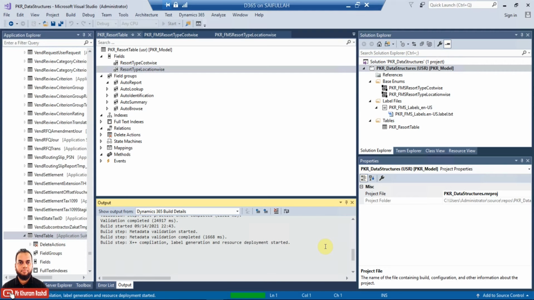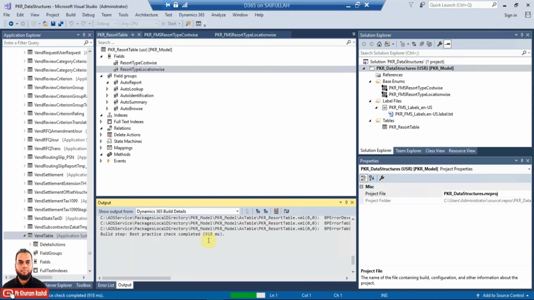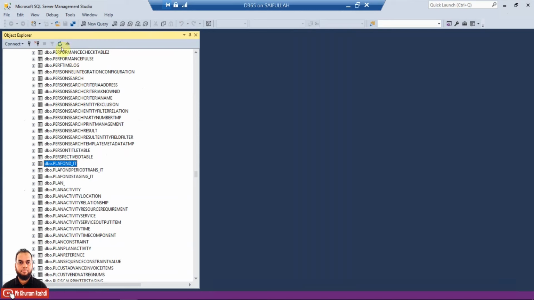It is unnecessary to turn it true when there are no data dictionary changes. Database synchronization started, the message has been displayed. We can just go and refresh here.